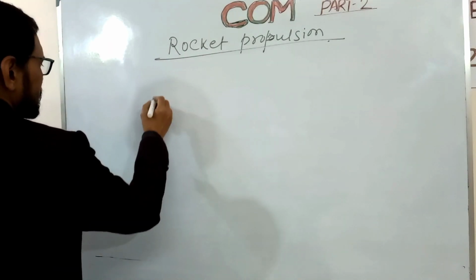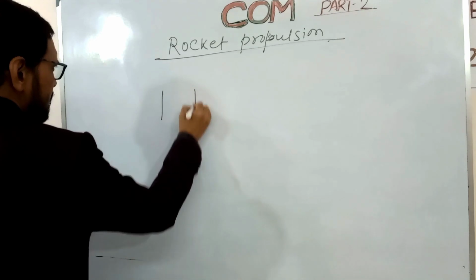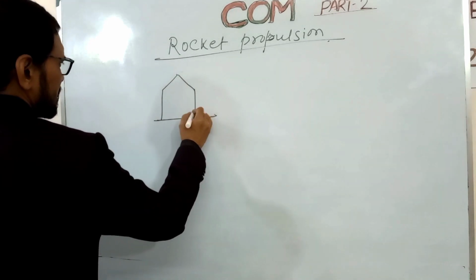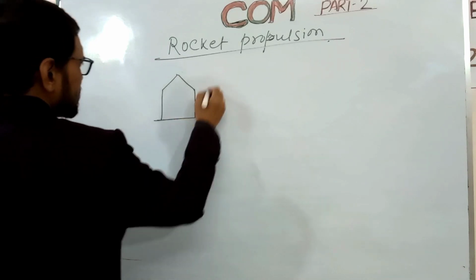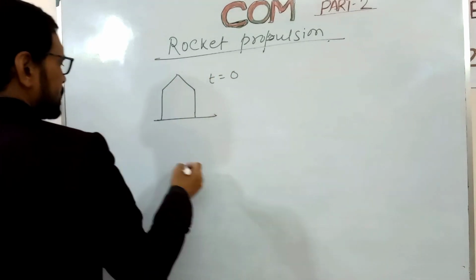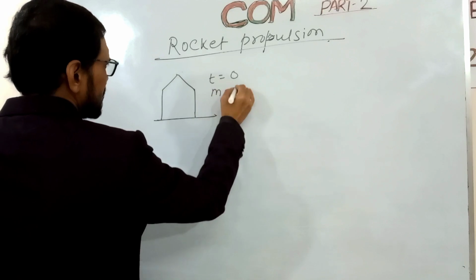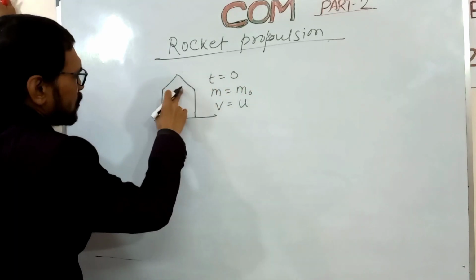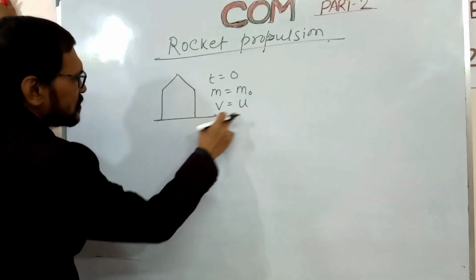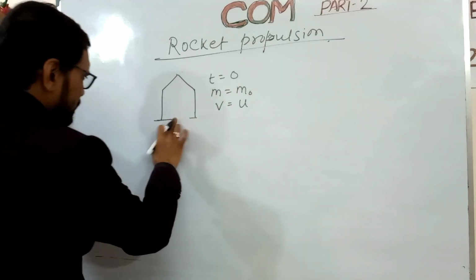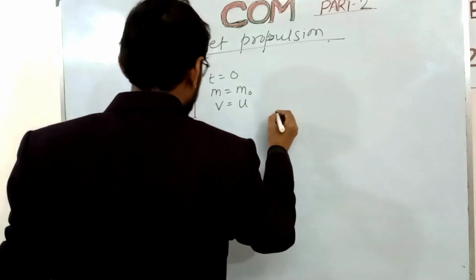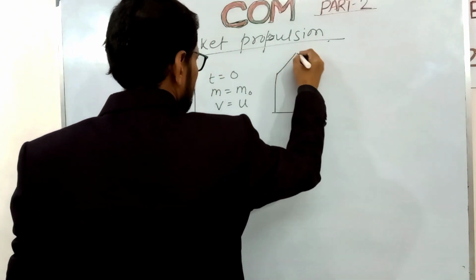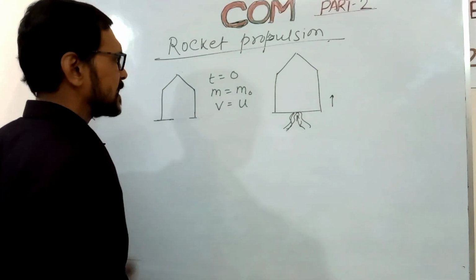For a rocket, suppose the rocket starts at t equal to 0. The mass of the rocket is m0 and the velocity is u. When the rocket starts, the mass is m0 and the velocity is u. Now, after t seconds from the launching,